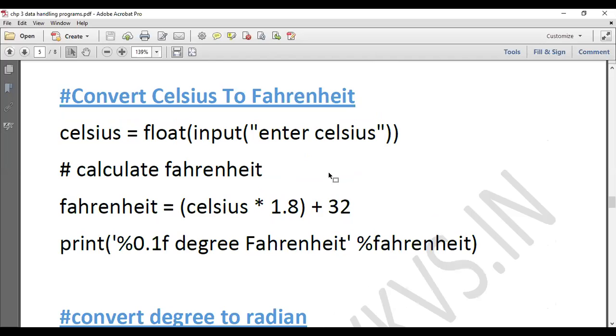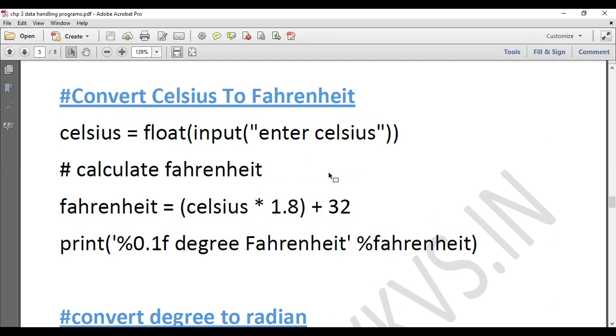In this, we have a variable named Celsius, which is taking a float input from the user, and it is using the float input and it is going to convert it into Fahrenheit, and then it's just going to print it. In the print statement, like I have told you all before, they are using the format option. You can print it in your own way. You don't need to print it in this way. The print statement can change.